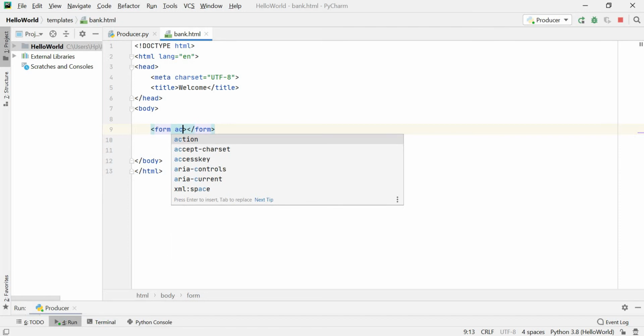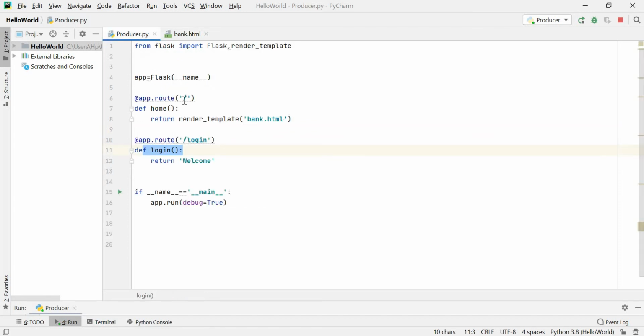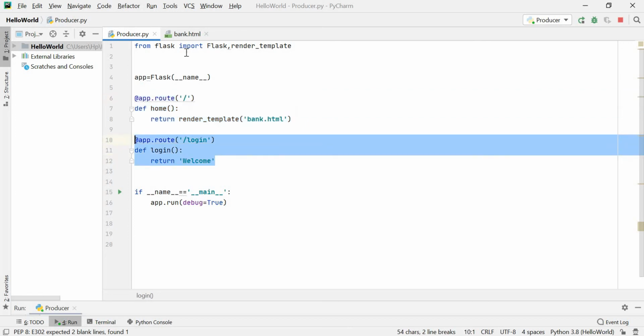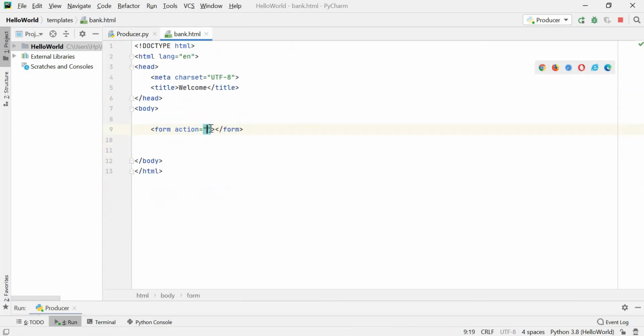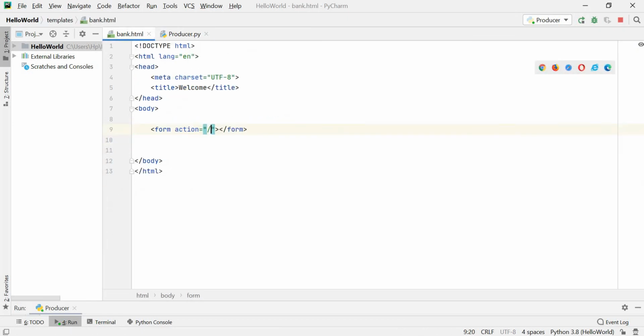And action: if on this home page you click the submit button, it will automatically go to the second page. If you want to do it like this, you have to give the URL for the second page, that is the URL for the login page. So what is the URL? That is slash login. Okay, done.